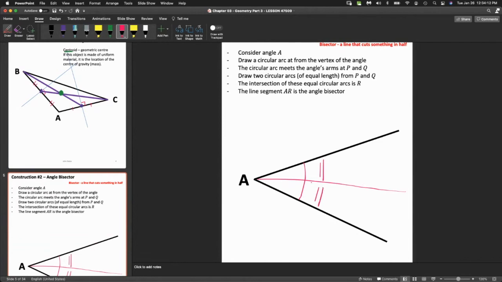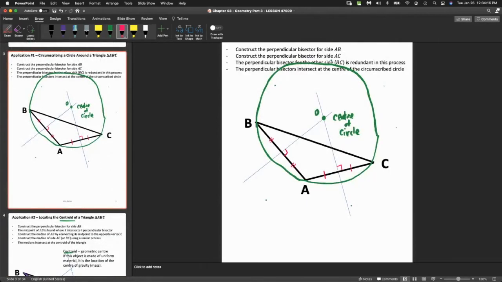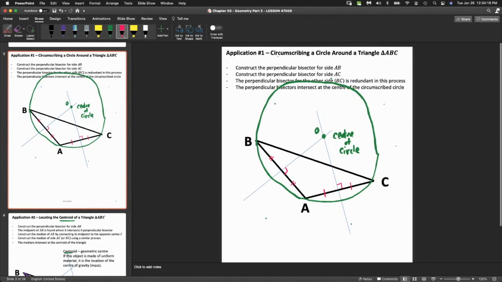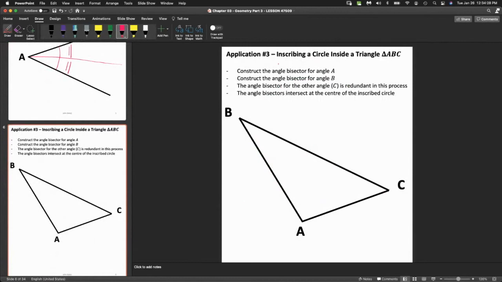Now, what can you use this for? Do you remember earlier we drew a circle around a triangle? We call that a circumscribed circle. Now what we're going to do is try to fit a circle inside the triangle. So that's called an inscribed circle. So what you want to do here now is use the angle bisector,